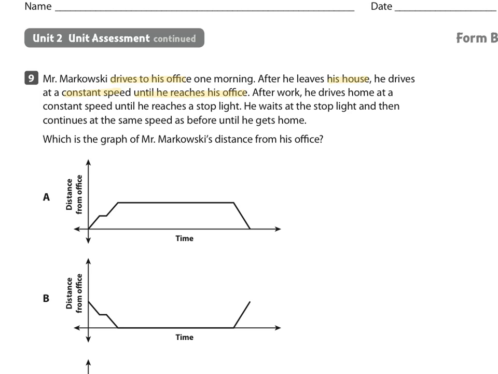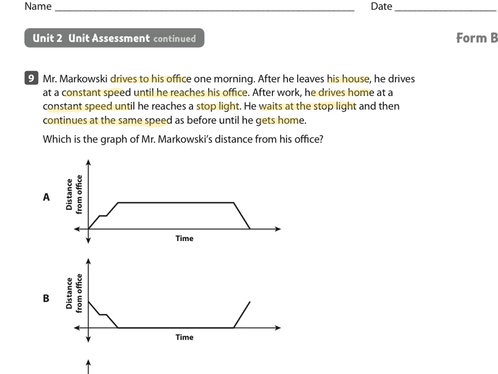After work, he drives home at a constant speed. Okay, so he drives home at a constant speed and then he reaches a stoplight. So at that point, he's going to stop. He waits at the stoplight and then he continues to drive at the same speed until he gets home. Now, if you're paying attention to A,